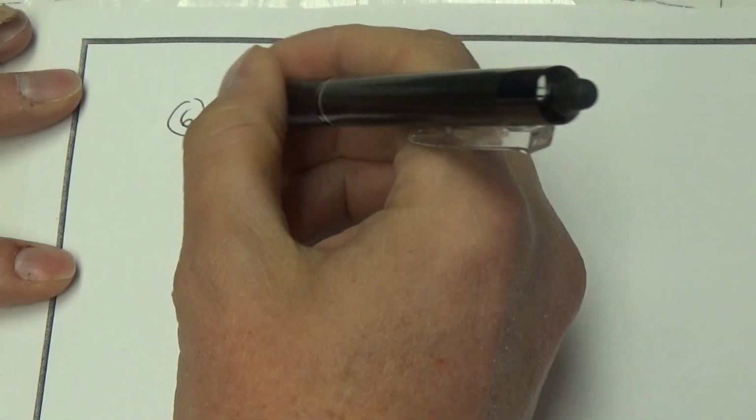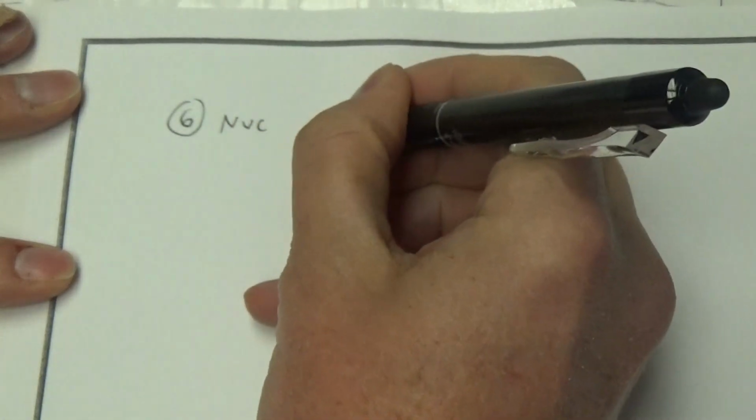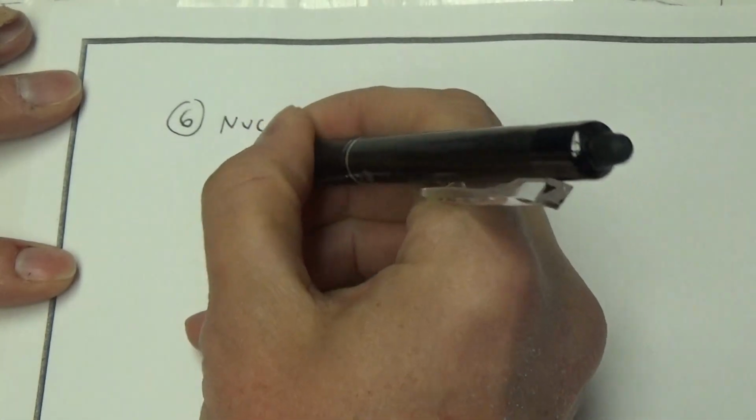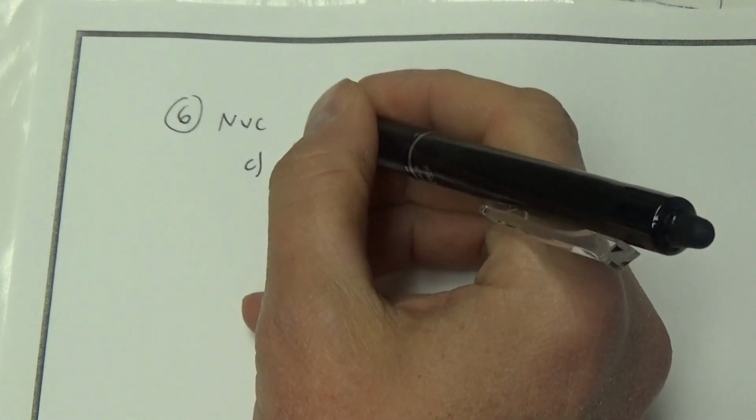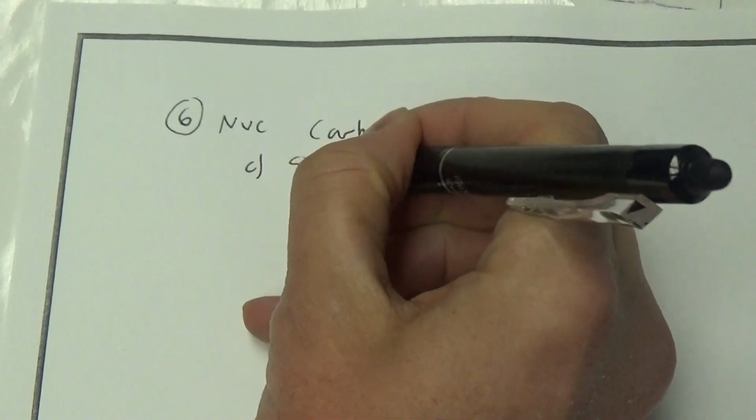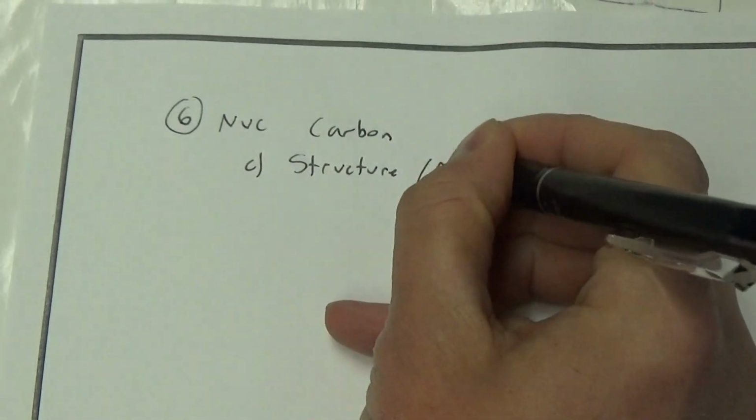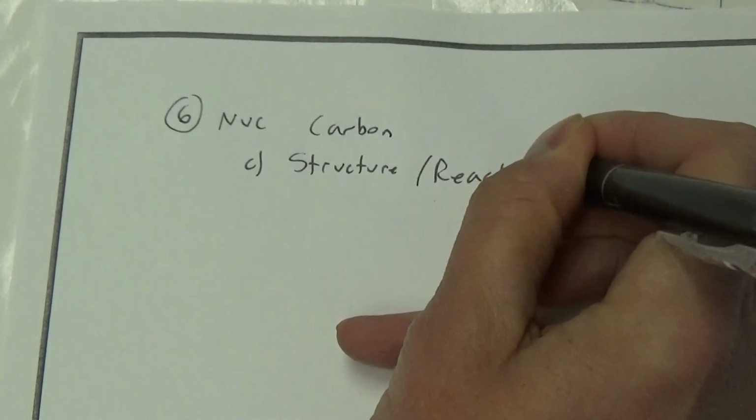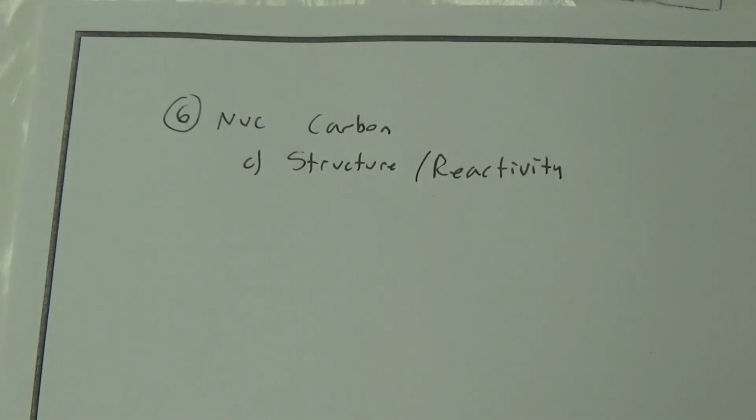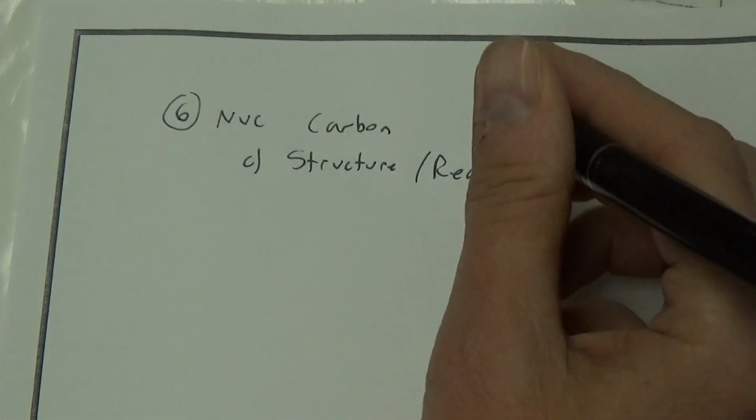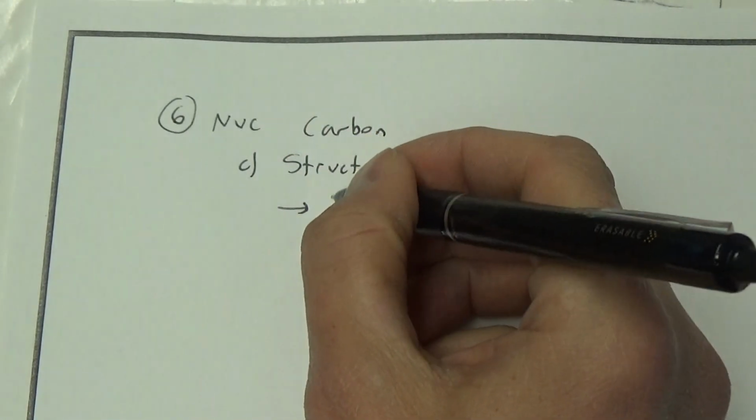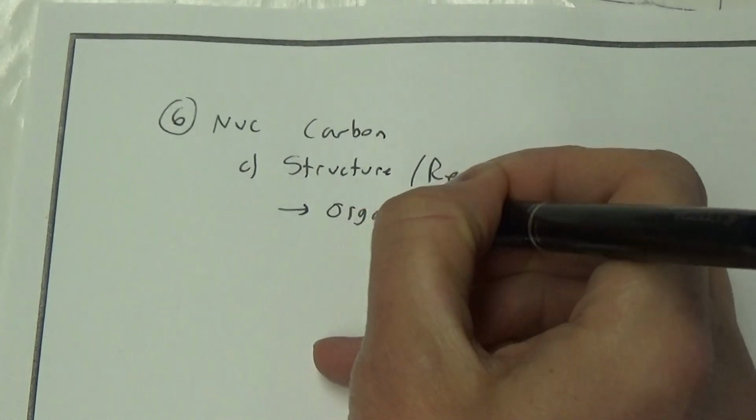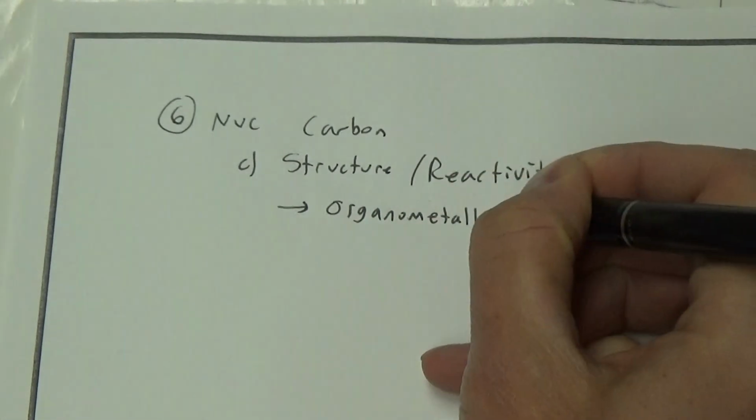Okay, so we're still talking about nucleophilic carbon, number 6, and we're on to the structure and reactivity of these things. These are organometallic reagents, and they have a highly polar organometallic C-M bond,